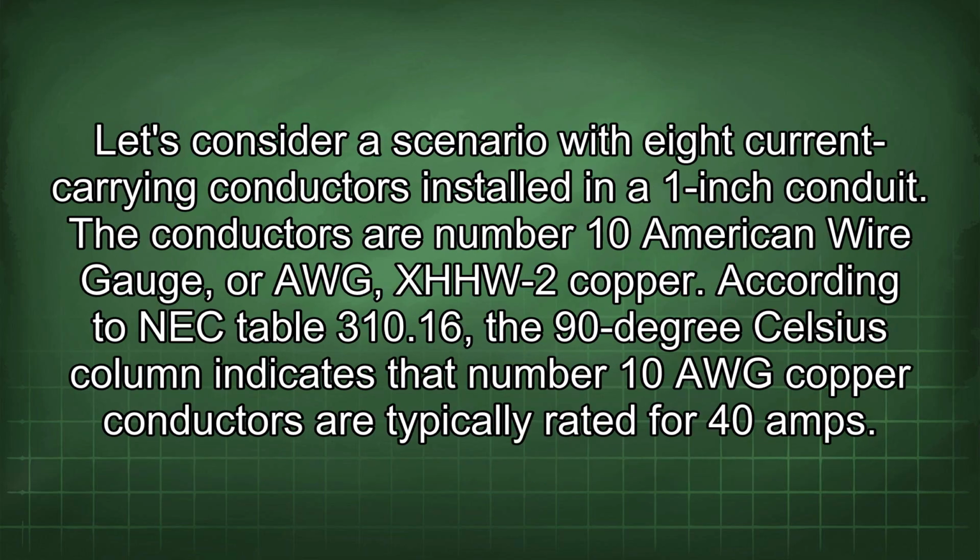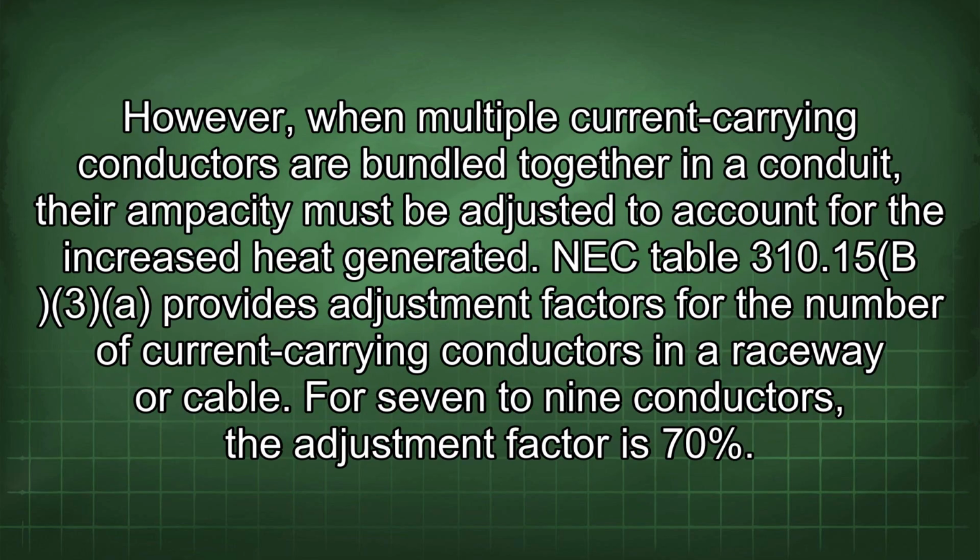Let's consider a scenario with 8 current-carrying conductors installed in a 1-inch conduit. The conductors are number 10 American wire gauge, or AWG, XHHW-2 copper. According to NEC Table 310.16, the 90°C column indicates that number 10 AWG copper conductors are typically rated for 40 amps. However, when multiple current-carrying conductors are bundled together in a conduit, their ampacity must be adjusted to account for